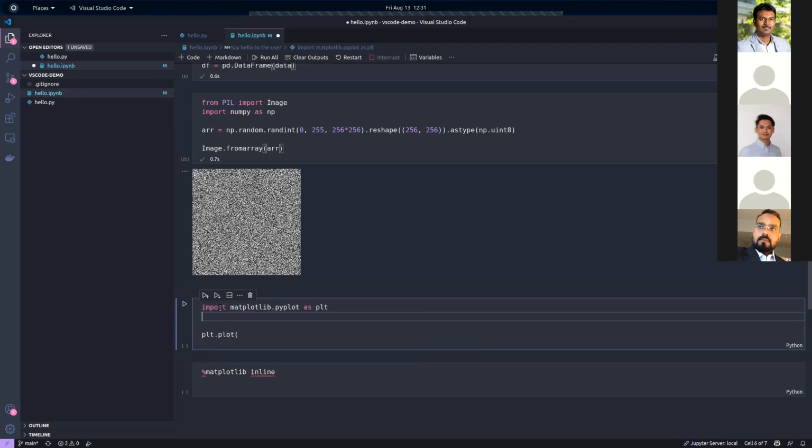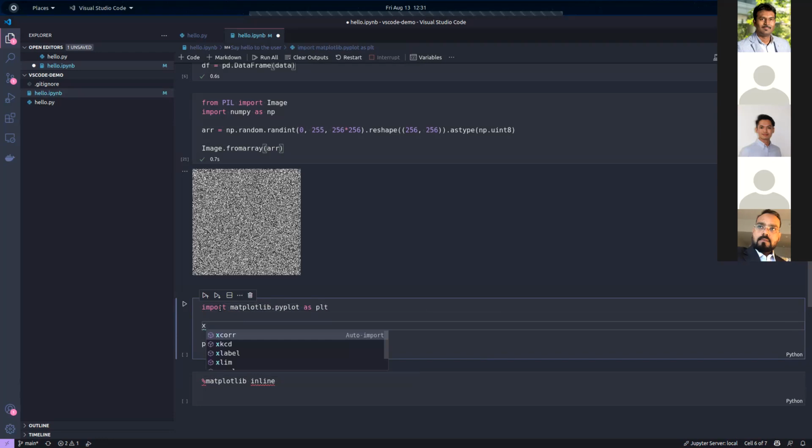I create an array x, going from 1 to 100, and I'll just plot x with x squared.